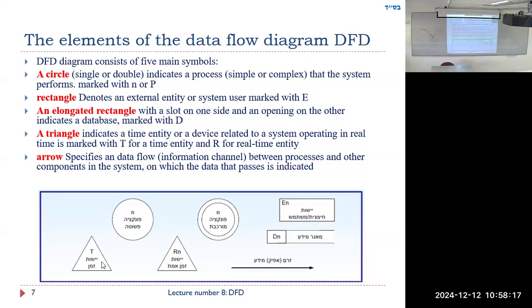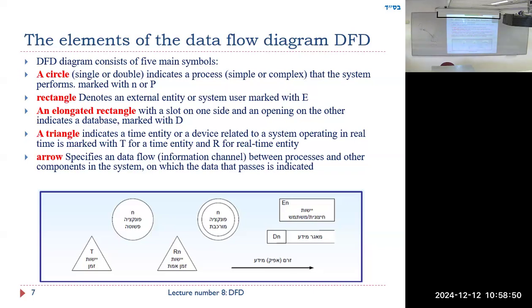There are triangles. A triangle with a T in it means it's a time-related event. That means at a certain time I do something. At 12 o'clock at night, I reboot all my computers. Or at 12 o'clock at night, I do a backup of all the day. And that's a timed event. R is a real-time event, which means, for example,